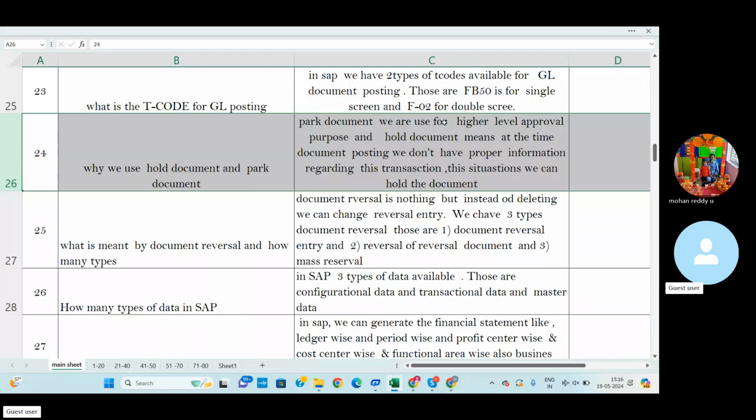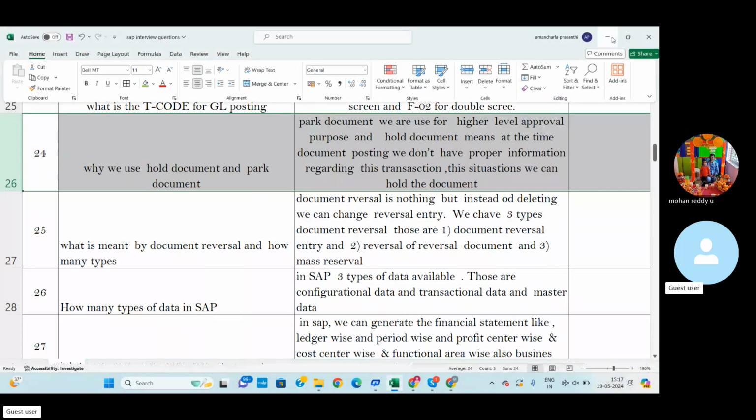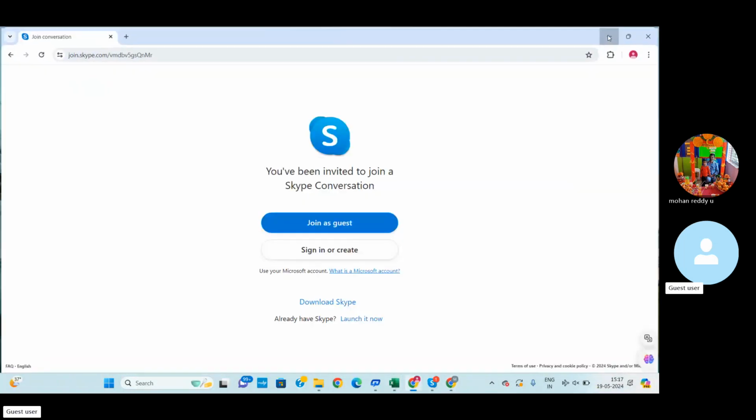What is meant by hold document? For example, if we post any document, like an SA document, KR document, KJ document, AA document, whatever the document, at the time of document posting, we fill in the information regarding the document at the top of the document. If I explain live,